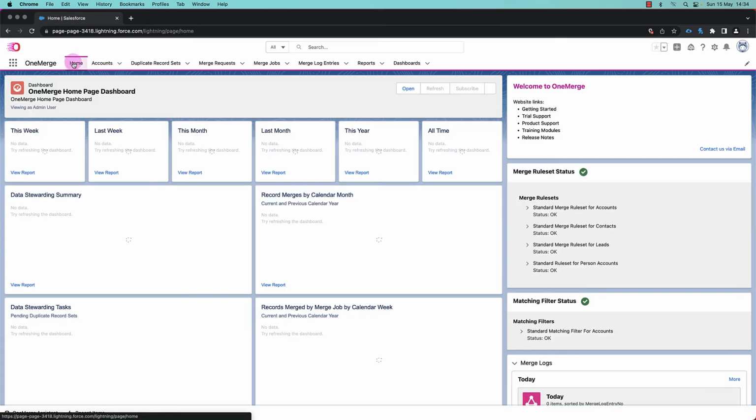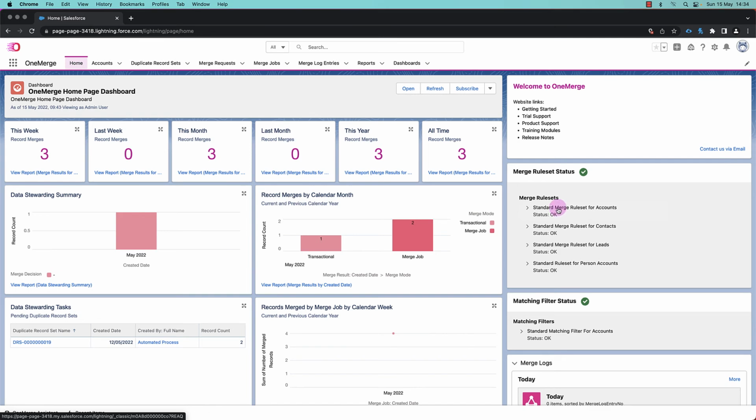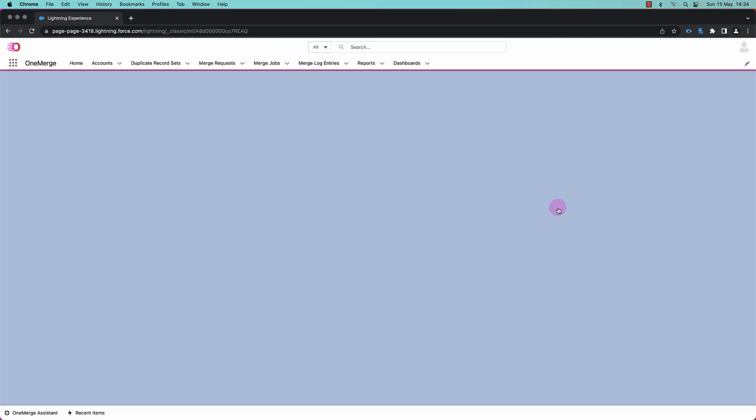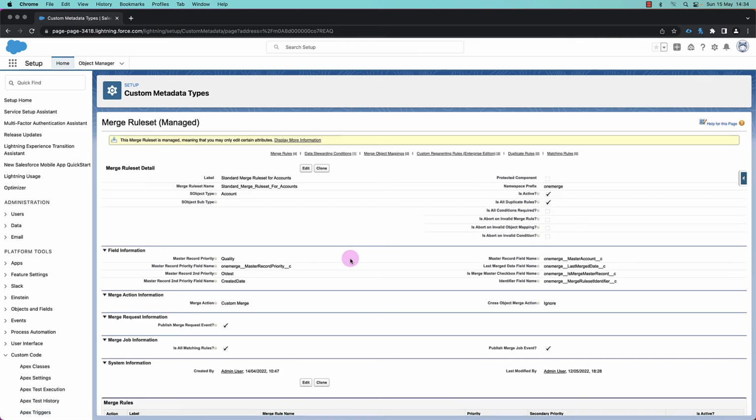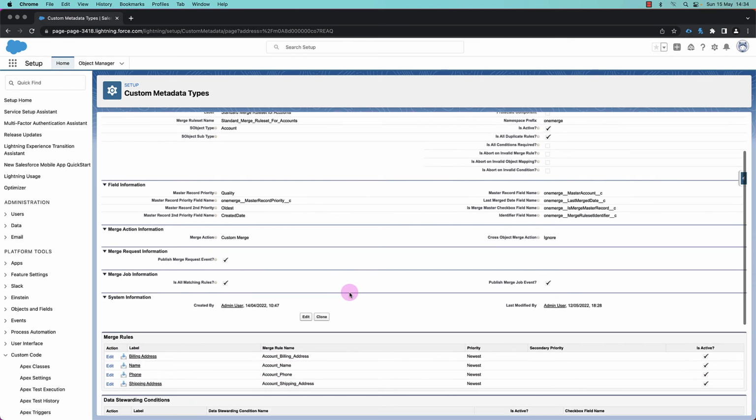So for this scenario, we'll start on the home page and we'll open up the merge rule set for account. And what I'd like to highlight here is the merge action. So this is where we define whether the Salesforce platform merge is used or whether the custom merge engine is used when merging records for this specific object. As we can see, for account, we're using custom merge, and